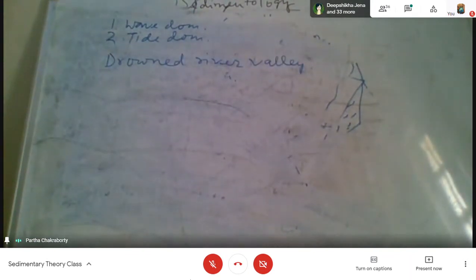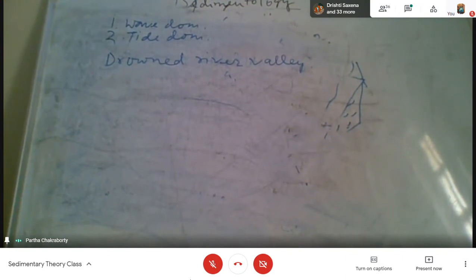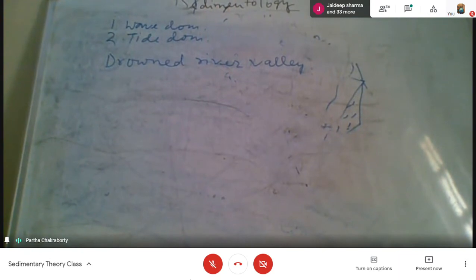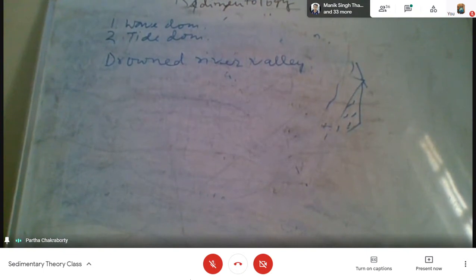Drowned river valley. And how can a river valley be drowned unless there is a transgression? So the river valley gets drowned. And so the present day example is the Bengal Delta, which is now, because of the Holocene transgression, the Sundarban estuary. So that is the drowning of the Gangetic river valley